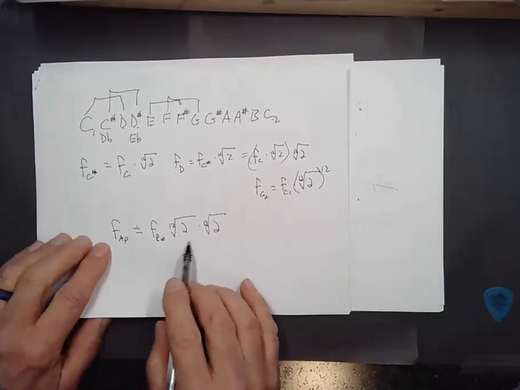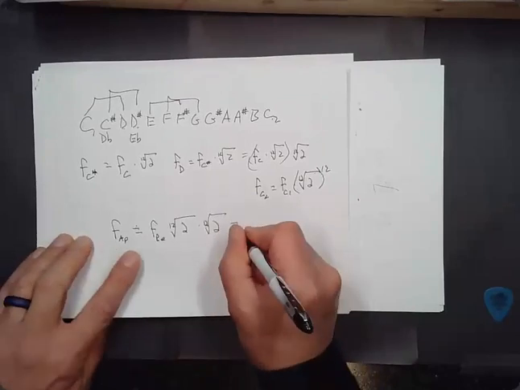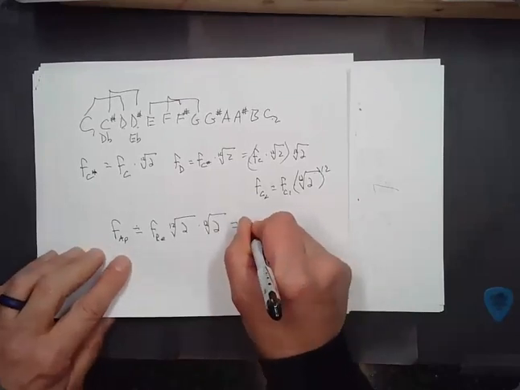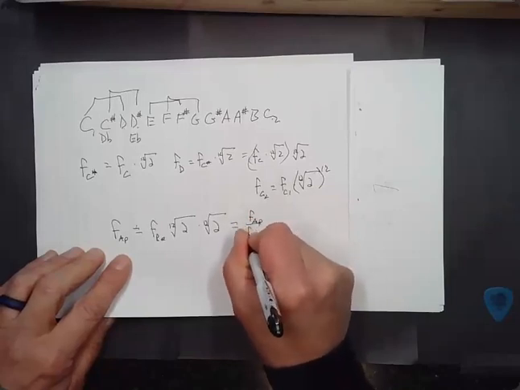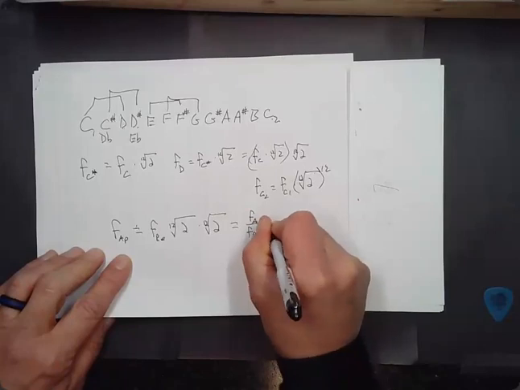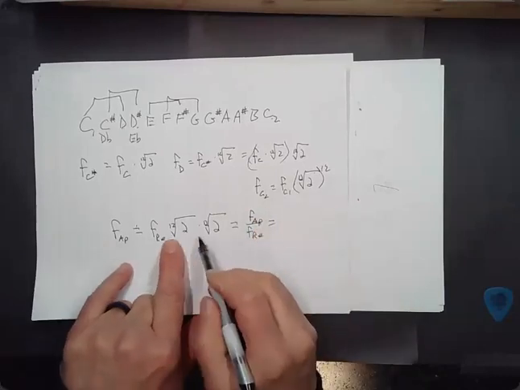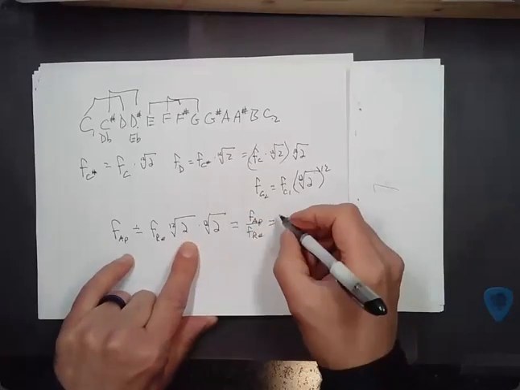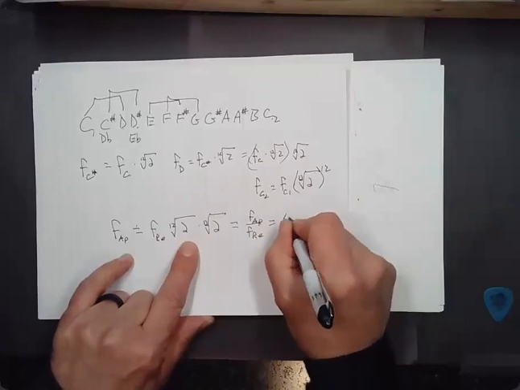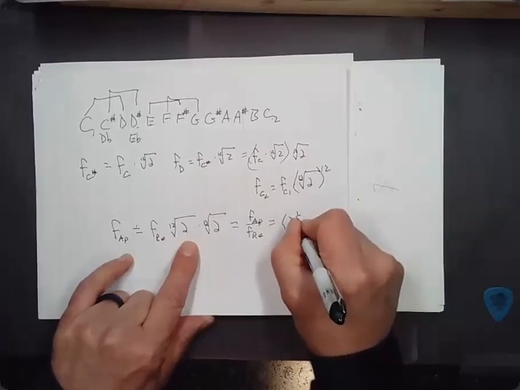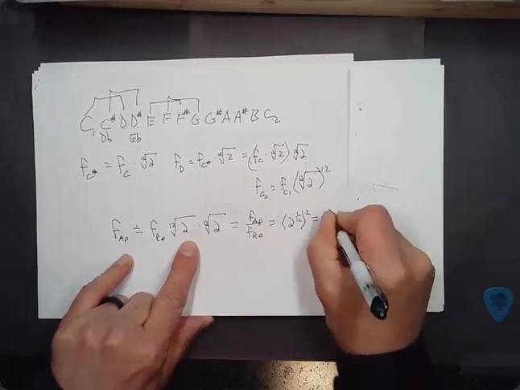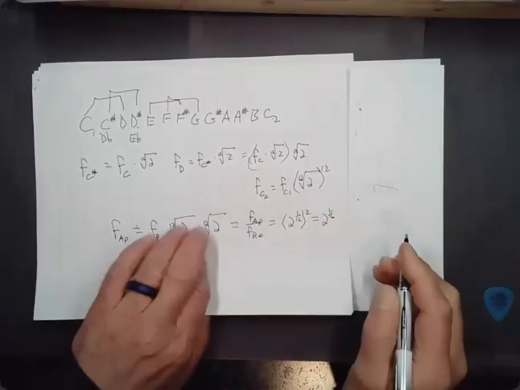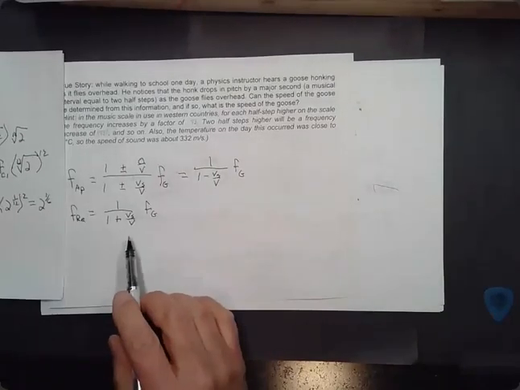Now, earlier, I figured out this thing. If I take the ratio of the frequency of approach and divide it by the frequency receding, what that's actually going to equal is the 12th root of 2 squared. So 2 to the 1/12th squared, which is 2 to the 1/6. So I can take the ratio of these two expressions